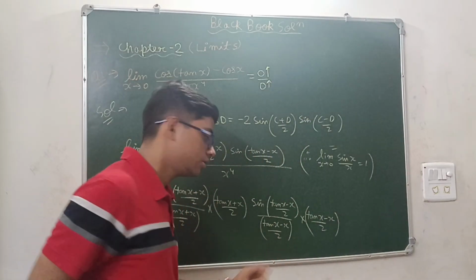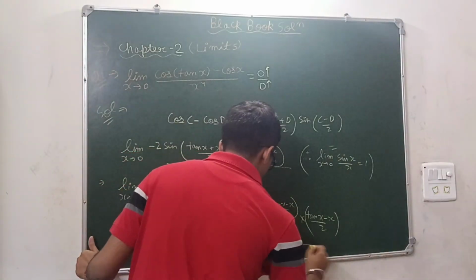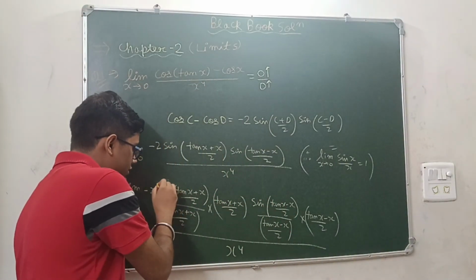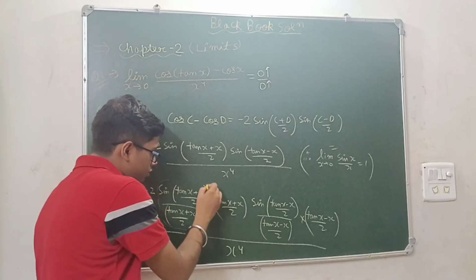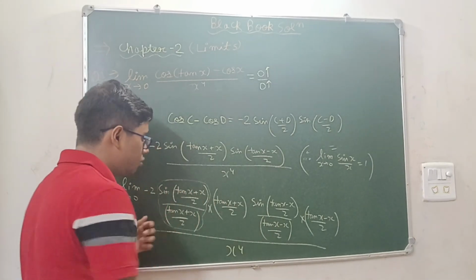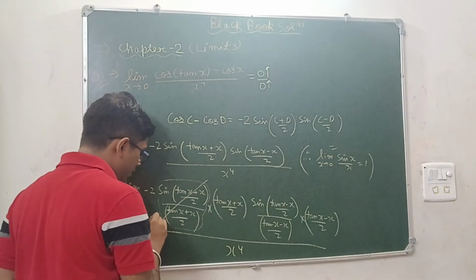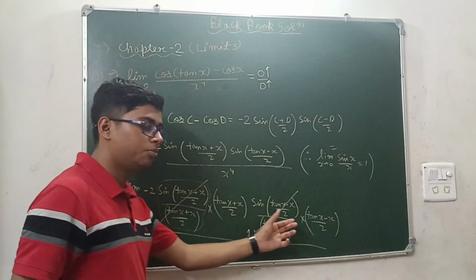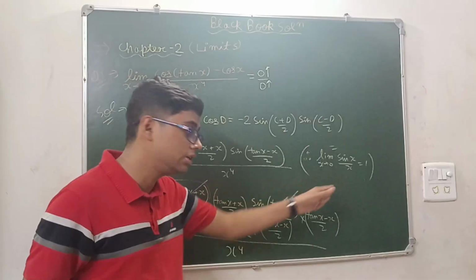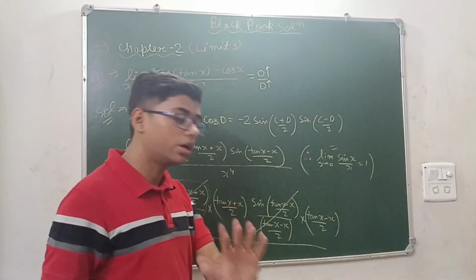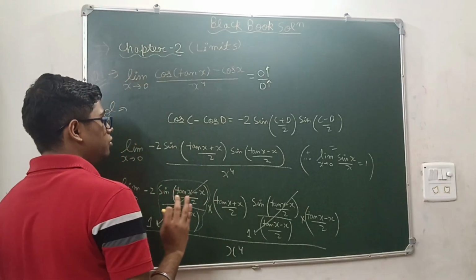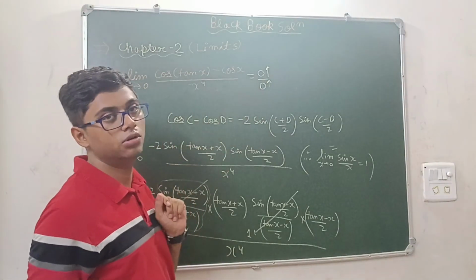This is also okay, simplified. Now upon x to the power 4. Now see, this sin is tending to 0 by 0 form. Substitute x equals 0, means the value of this limit will be 1. Also, the value of this limit will be 1 because these both are tending to 0 by 0, and by the standard result, these two are 1. Okay. Now we are left with this and this. So first of all, you can see what we have done here. Then we'll move further.